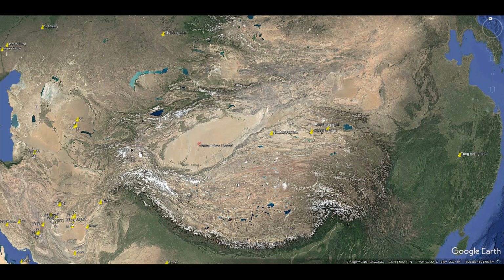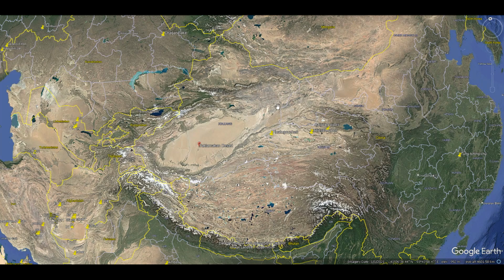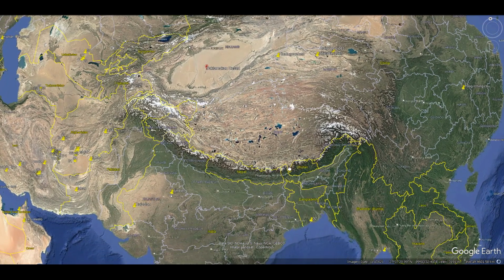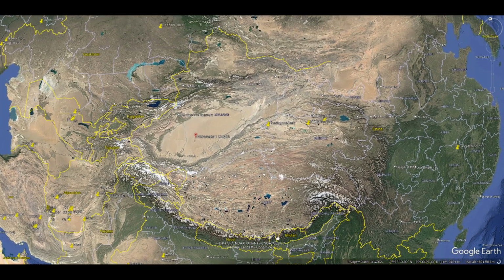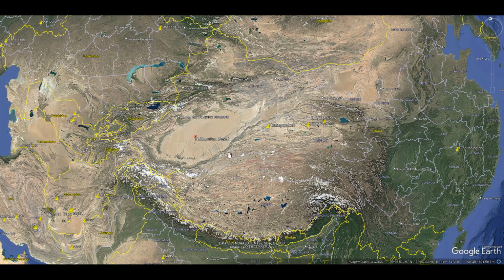Mountain ranges border this area to the north, west, and south, where the peaks of the Himalayas are located. In this area, you will find mainly China, Tibet, Mongolia in the north, Kyrgyzstan, Kazakhstan in the west, Afghanistan, Pakistan, and India in the southwest and south. And in this lowland area is the Taklamakan Desert, whose incredible details we have already seen in an older video.